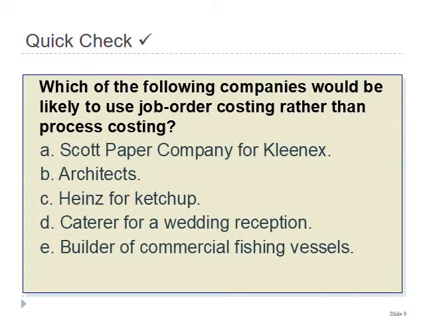Okay, here we have a quick check. I want you to pause the video for 5 seconds and read it by yourself and try to solve it. Okay, let's solve it together. So the question is, which of the following companies would be likely to use job order costing rather than process costing? The number one is Scott Paper Company for clinics, since